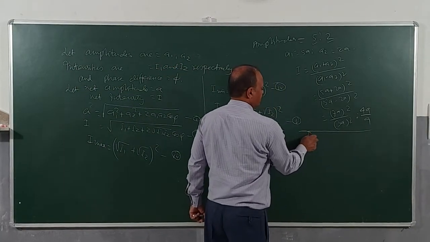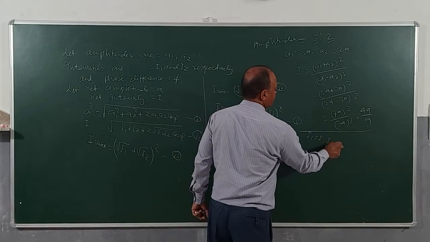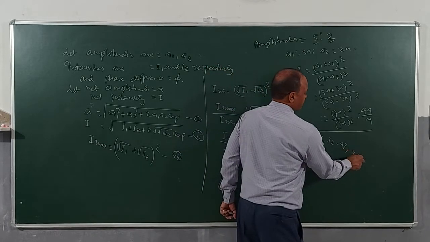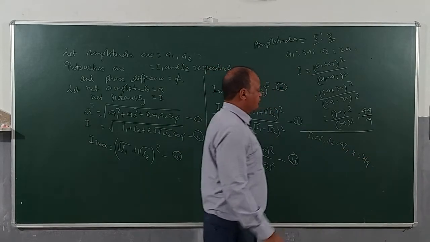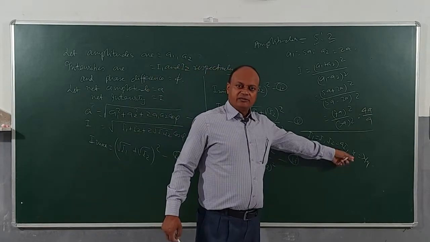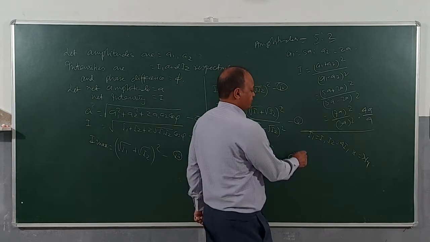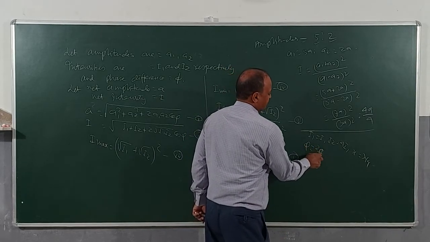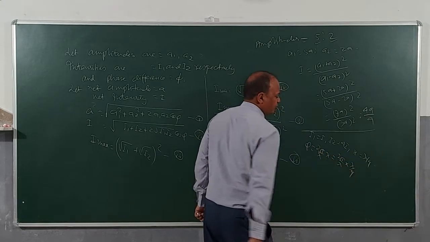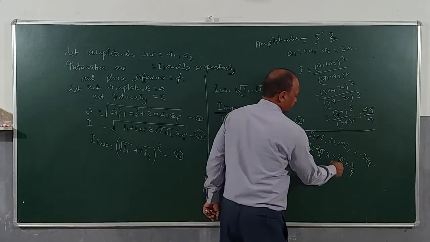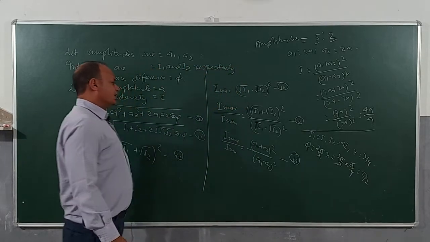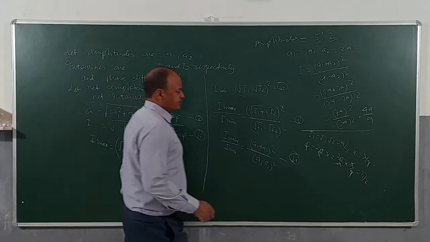Suppose they give you I1 is equal to I, I2 is equal to 4I, and the path difference x is given as lambda by 4, and they ask what will be the intensity of the net wave. So very easily I will calculate what? Phase difference. Phase difference is not given. Phase difference is what the formula, children? Phi is equal to 2 pi by lambda into x, 2 pi by lambda into lambda by 4. So if you solve it, how much do you get? Pi by 2. And once you get phi is equal to pi by 2, then we can easily calculate the net intensity. Net intensity will be how much?